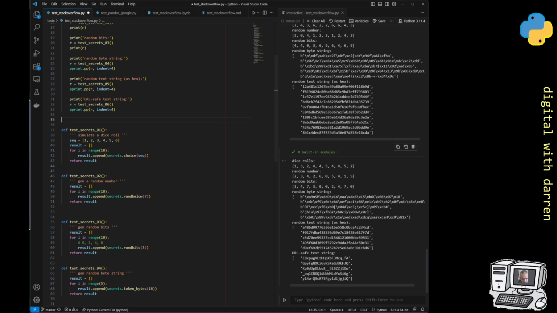And we see over there we get our URL safe strings. I don't fully know what a URL safe string is, but I presume it's good enough to be inside a URL